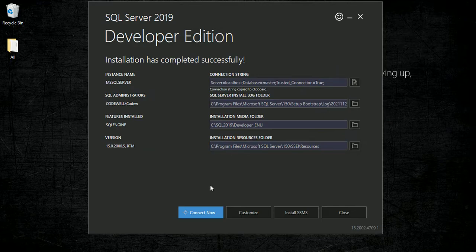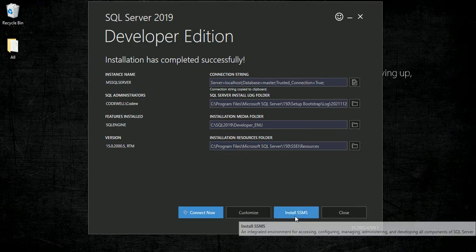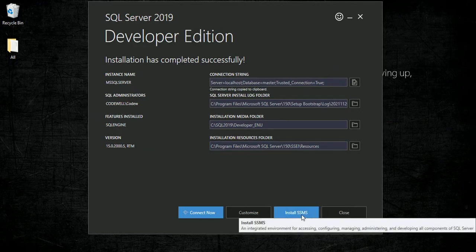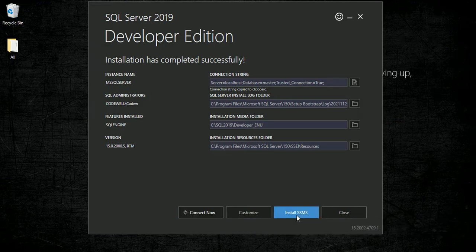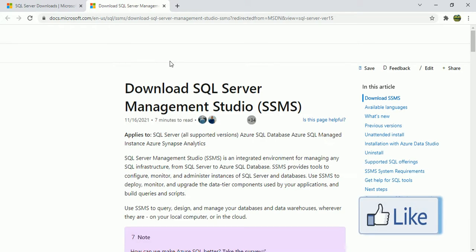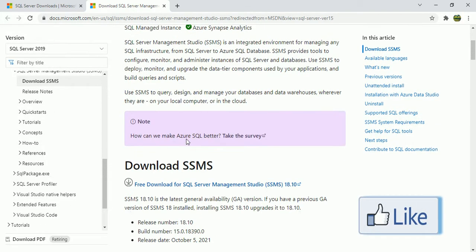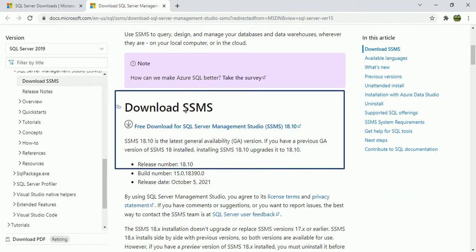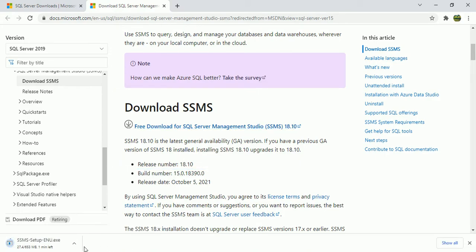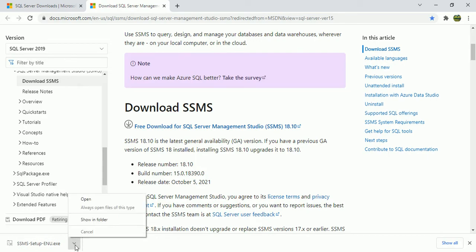And then just minimize it, and here we have the option of install SSMS. This is nothing but SQL Server Management Studio. Just click on it and it will take you to the SQL Server Management Studio page. I will be mentioning this link too in the description of the video. Just scroll down and here you can see the download SSMS, and we need to install version 18.10. Just click on it and it will download the exe, and once it is downloaded just go to the folder and install it. So download completed, just show in folder